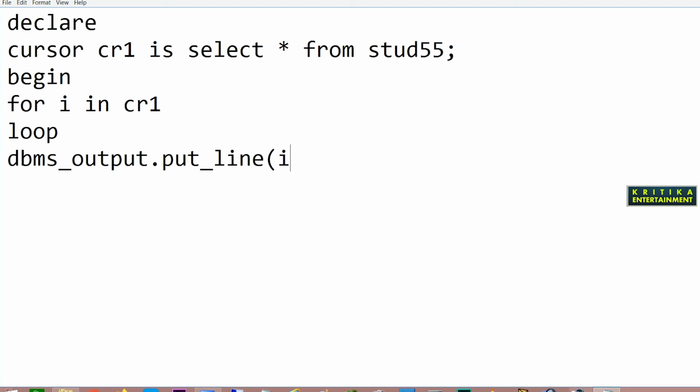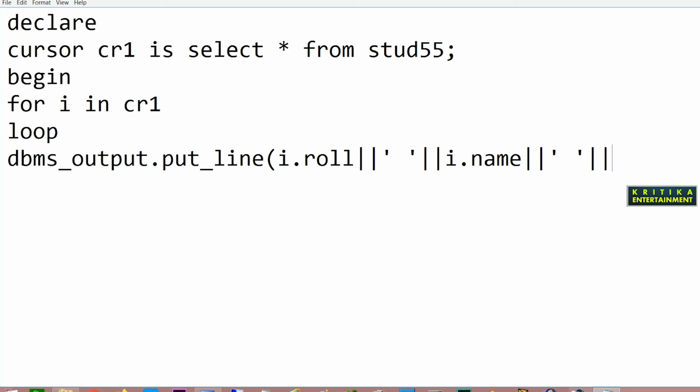What will we write here? I.roll, then the concatenate operator, then one space, then again the concatenate operator, I.name. Then again the concatenate operator, then some space so that the roll number and name are displayed separated by blank space.